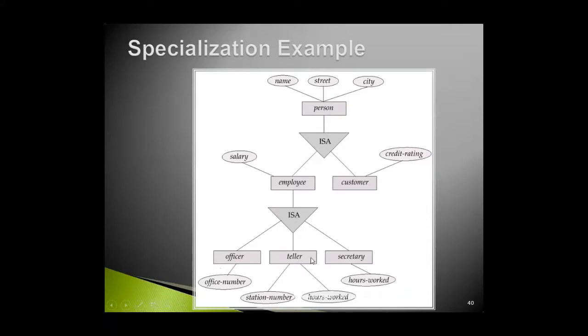So what is the takeaway out of this example? Whenever you come across an entity set where you need to maintain the distinctive attributes of the entities involved in that entity set, in such a case the higher level entity set can be extended further by making use of specialization. And that is why it is using the top-down design process approach. Let's go ahead.